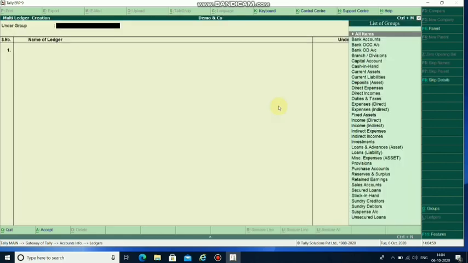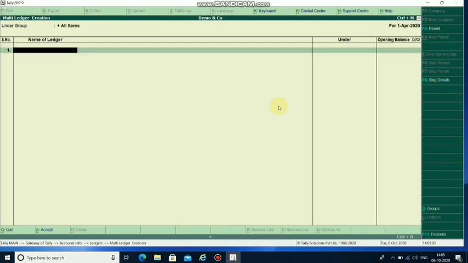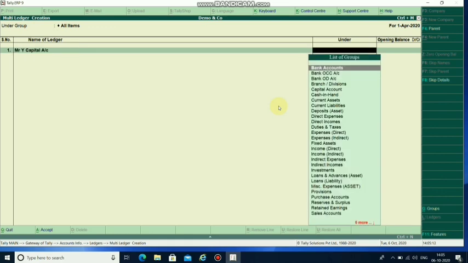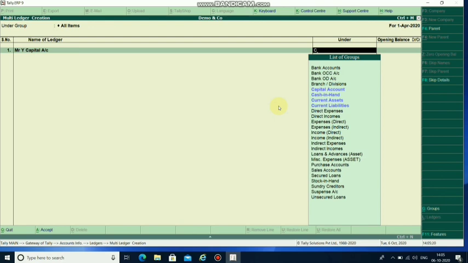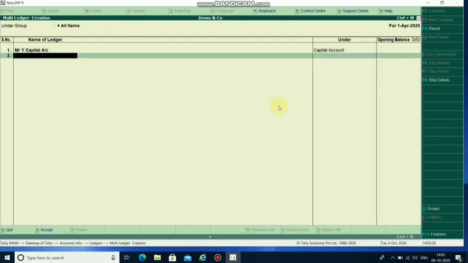multiple ledgers. All items. You need to choose all items as the main group. Then type here Mr. Y, capital account. It comes under capital. Just hit the starting letter of the under group name and the matching groups get highlighted. Choose the correct one. Opening balance, enter.